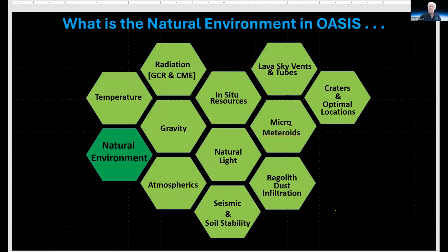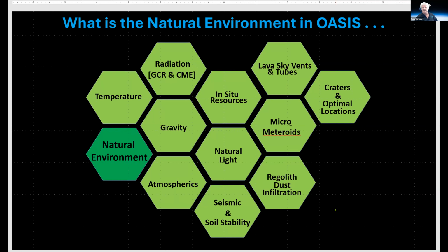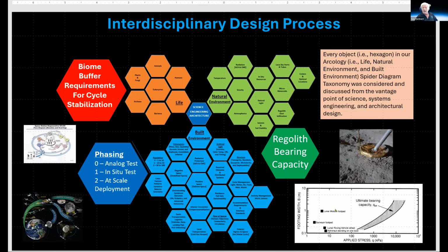What's the natural environment in OASIS? Again, you see the reoccurring themes and the information that we've dived into, and I'm going to provide some examples of this in the presentation. This is an interdisciplinary design process,